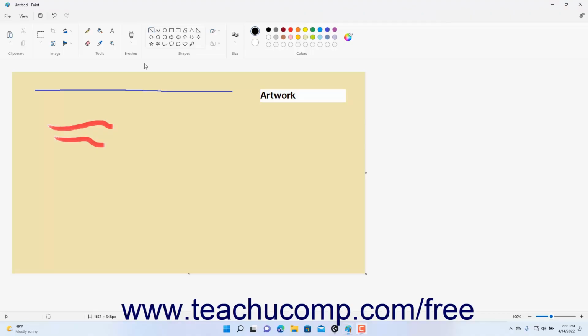www.teachucomp.com/free. You can select bitmap selections in Paint to manipulate them. Note that resizing bitmap selections can cause pixel degradation as the selected elements are resized as bitmap selections, not vector-based selections. To select pixels in Paint, click the Select drop-down button in the Image button group, and then choose your